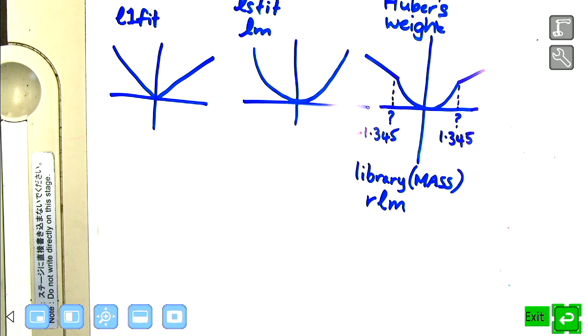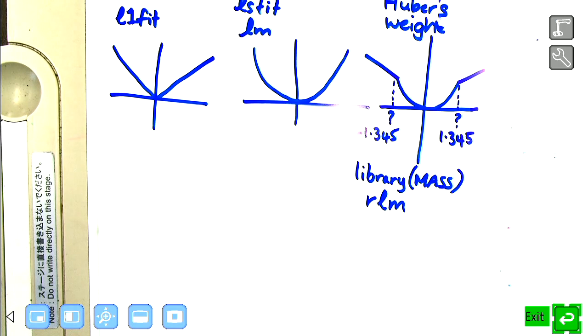So we've got L1, we've got L2, and then this is kind of like L1.5. It's like L2 in the middle, like L1 at the edges. It's robust. It deals much better with outliers. It automatically downweights them, right? So if a point's way out on the edge, it doesn't get as much weight as it would under least squares. So it can't drag that line around as effectively as it otherwise would,